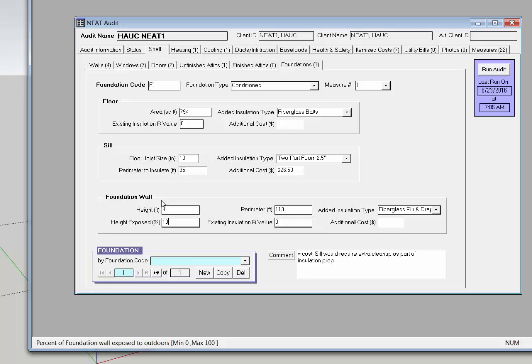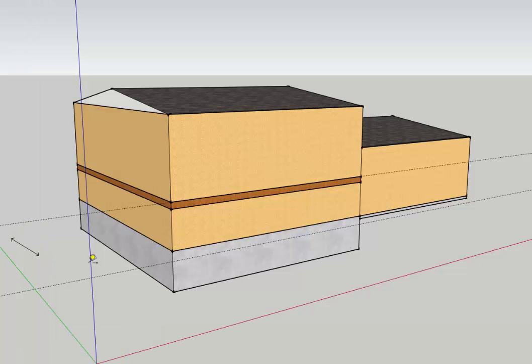The audit looks at a foundation wall as some type of masonry wall. I spoke with the group that put the audit together, and they look at this as either an 8-inch concrete wall or block, or really it could even be a stone foundation, because they've used the R value of masonry at about 8 inches thick. So you only want to represent the part of the foundation that's actually made out of concrete as part of